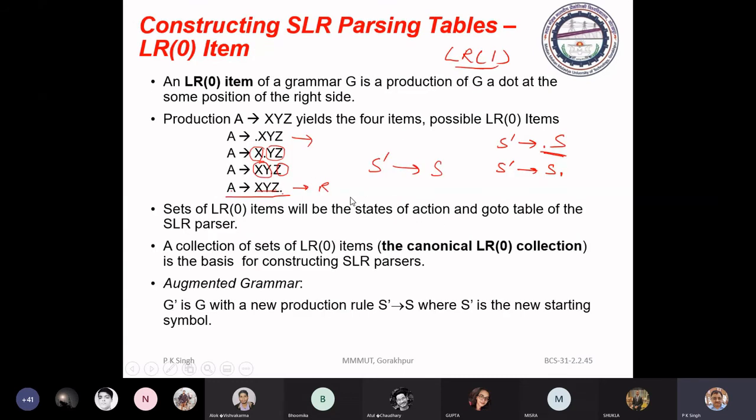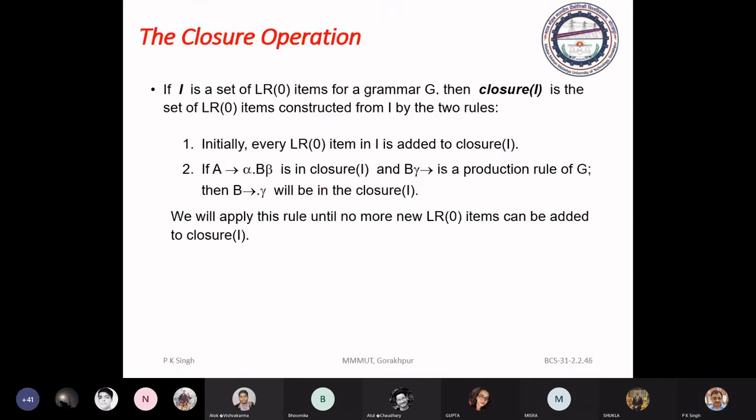Now, see how we find the canonical collection of LR0 item sets. For construction of the LR0 parsing table, we use two algorithms to compute the items. First is closure.